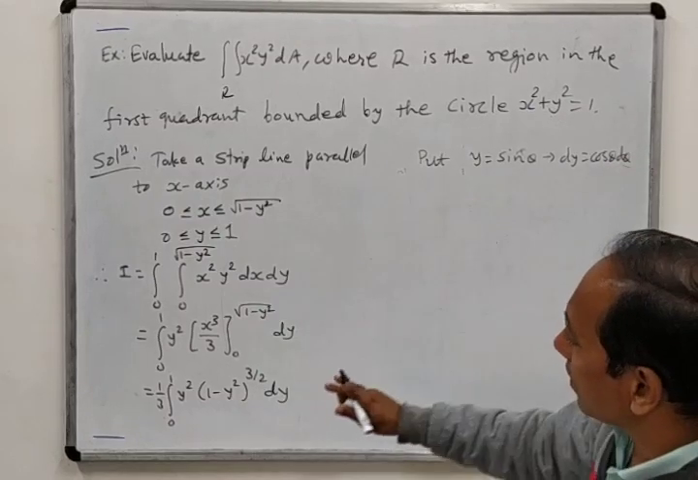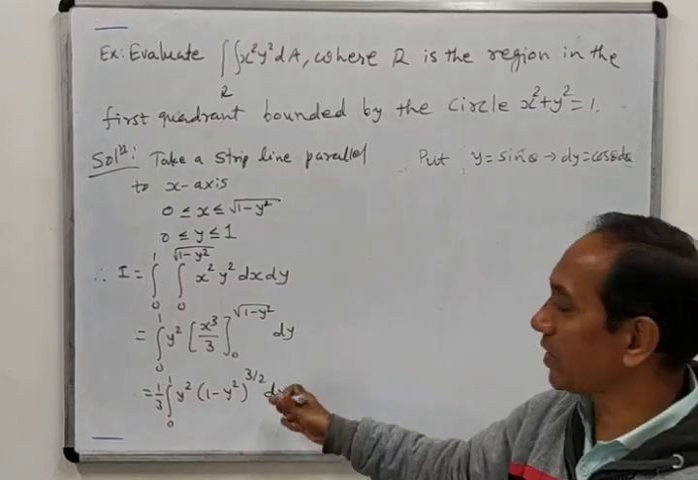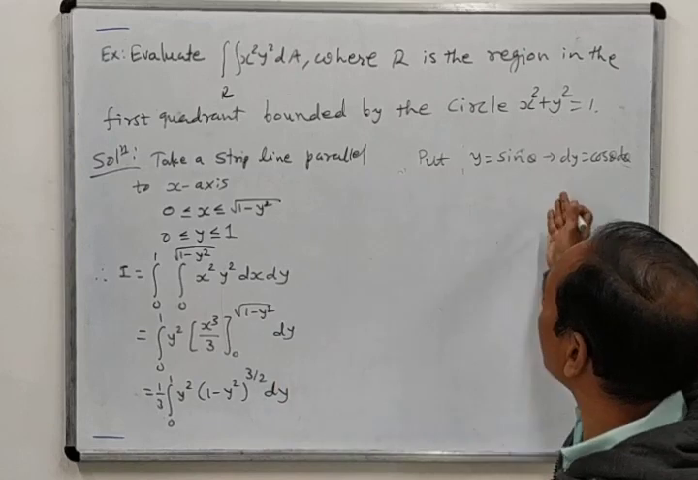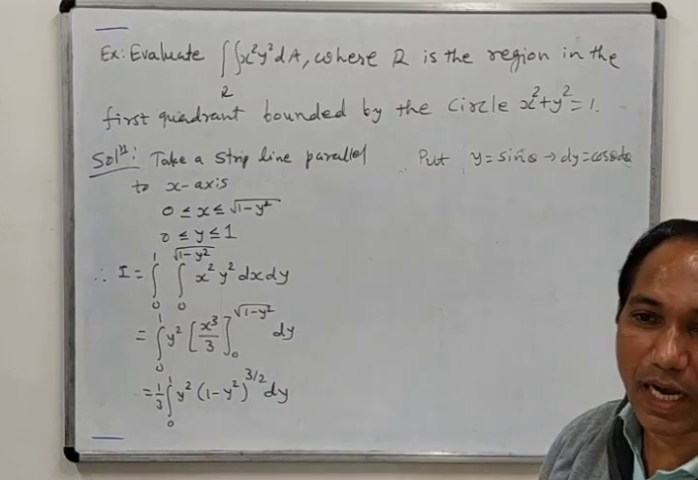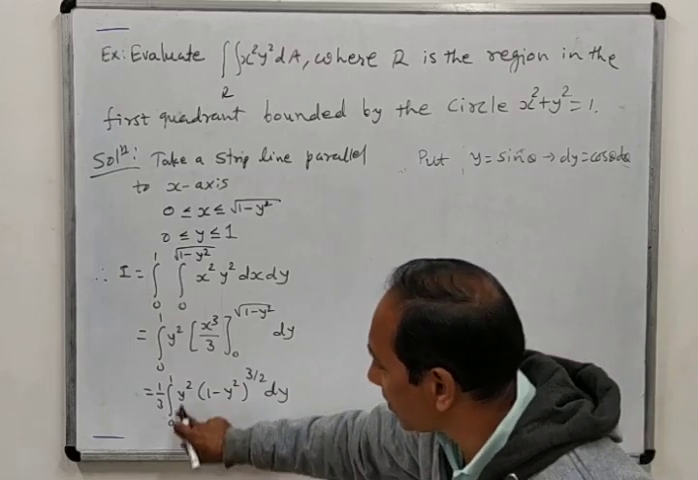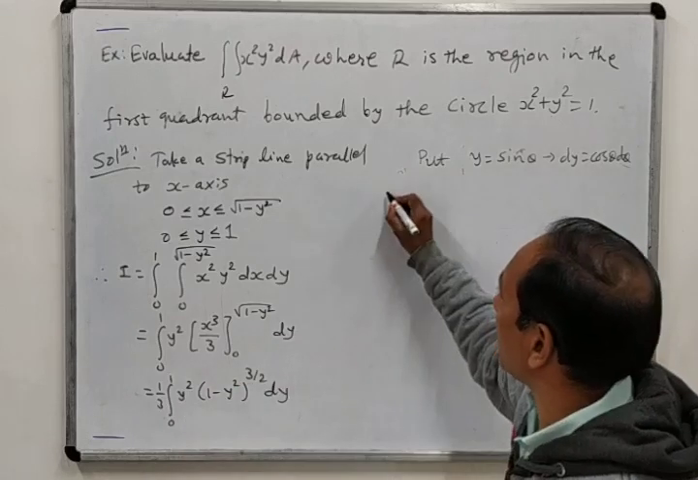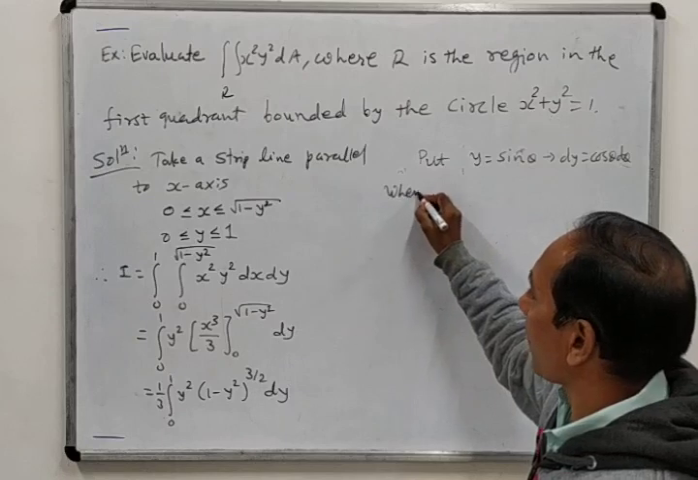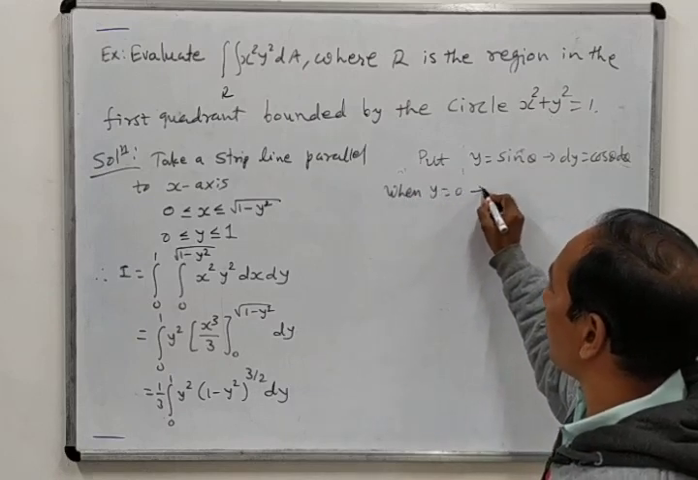And when we change the variable, that means we are changing y to theta. So now we want the limits of theta. So these are the limits of y. So the limits will also change. That means when y equal to 0, we will have theta equal